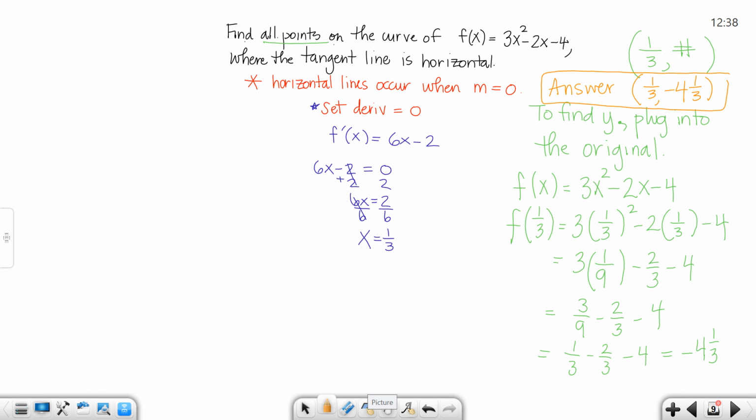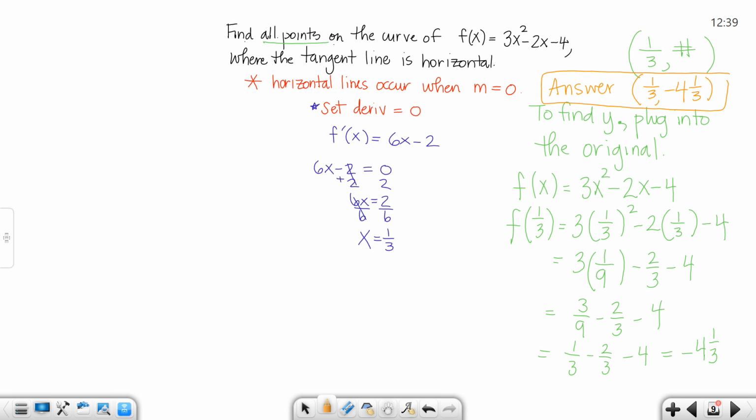Okay, with this video, I actually had it already worked out, so I'm just going to talk you through. But the directions said find all points on the curve where the tangent line is horizontal. What you may not know is that a line is horizontal when its slope is 0. So anytime I ask you to find where a tangent line is horizontal, that means the slope is 0. So horizontal lines occur when the slope is 0, so what you're going to do is set your derivative equal